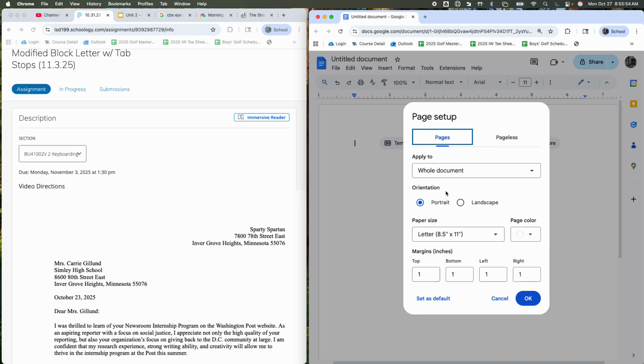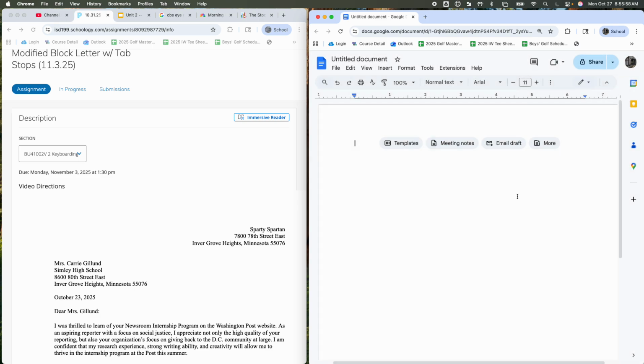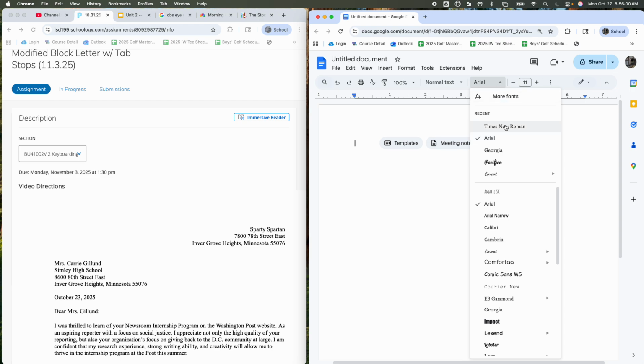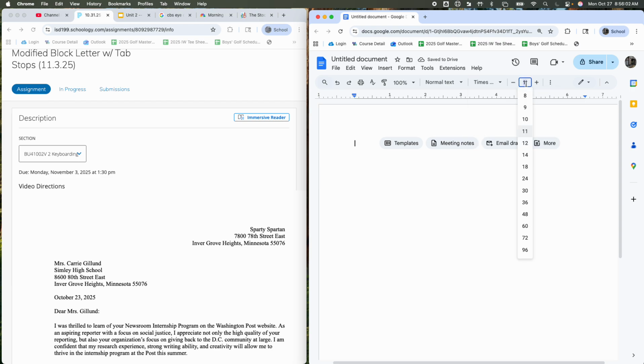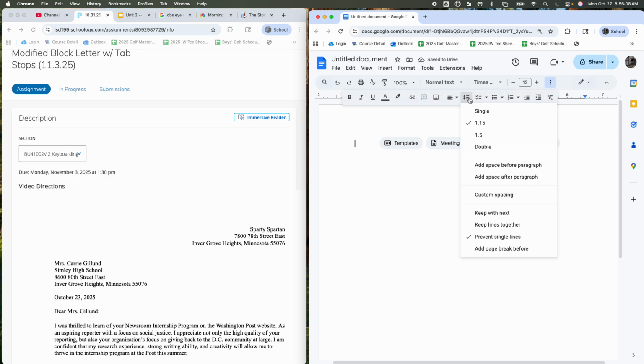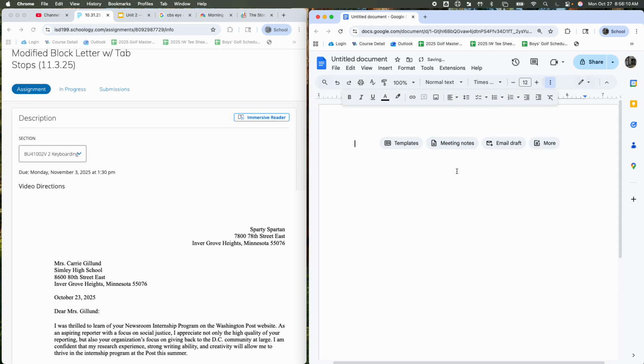Again, page setup. Go down, make sure that it is 1-inch margins all the way around. Fantastic. Adjust the font to Times New Roman because that's what adults do. Adjust the size to 12. Click the 3 dots if necessary, but find the spacing function, set it to single. Now,